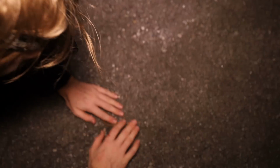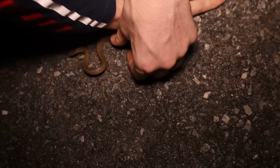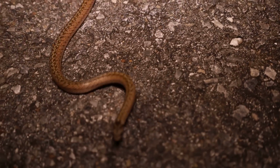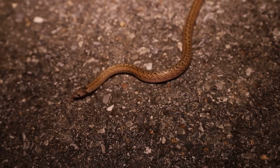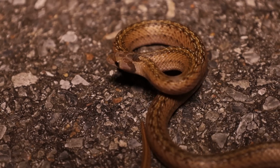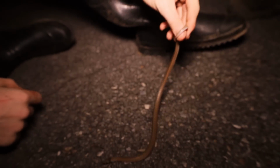Wait. They love to bite. And that's the revenge it gets on me for saying that. It bites the crap out of me. It's like Mohotai and Taeniatus, but less nice. Yeah. Not really an exciting snake, but just another lifer to tick off the list in our never-ending quest to